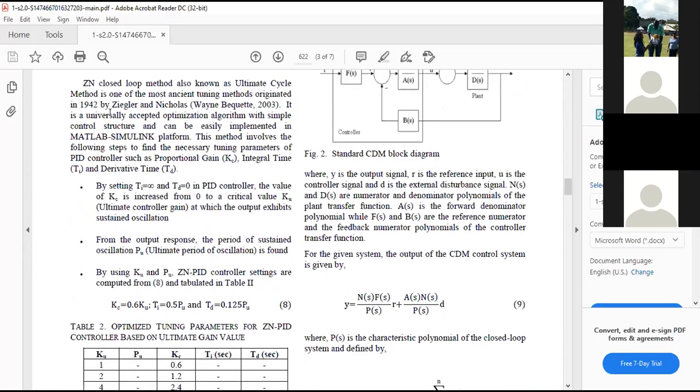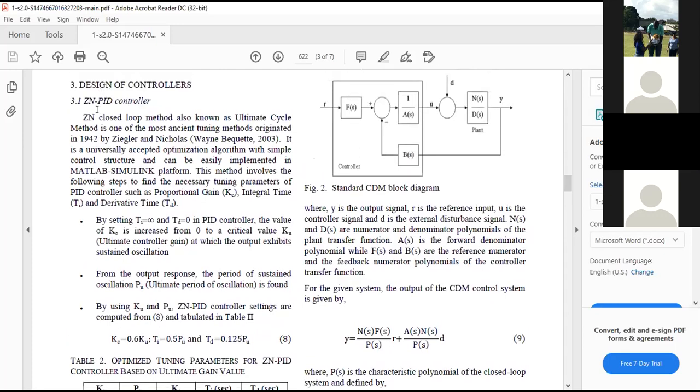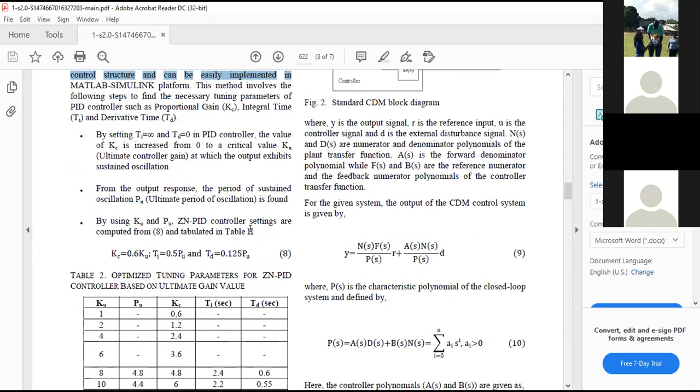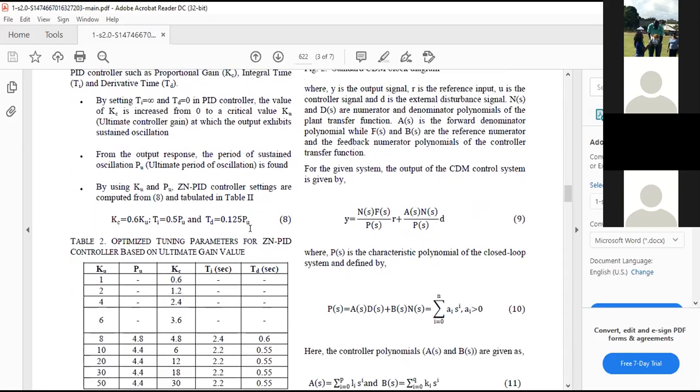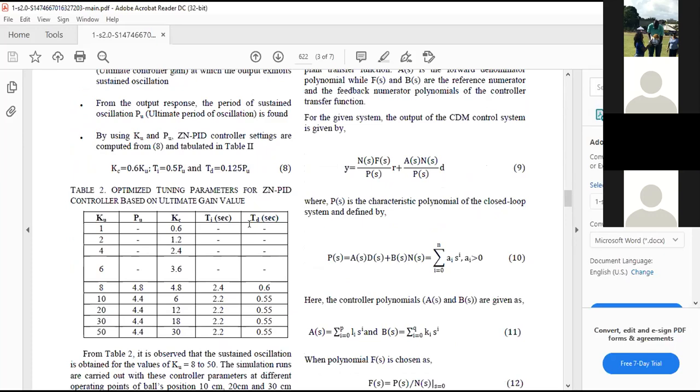And then they use a design of controllers, so they talk about the PID control, most anciently originated by Ziegler and Nichols. And so they use the Ziegler Nichols method. But then what you notice that they did here,